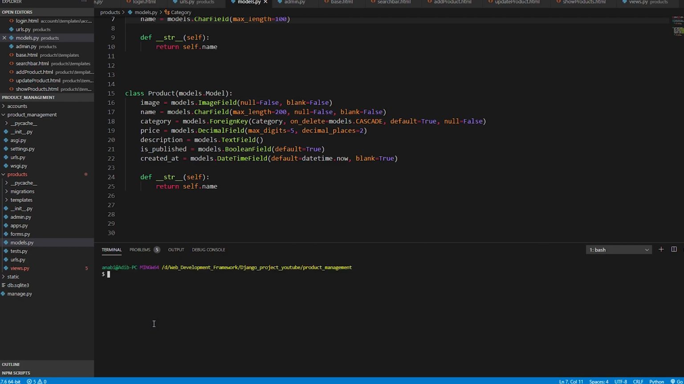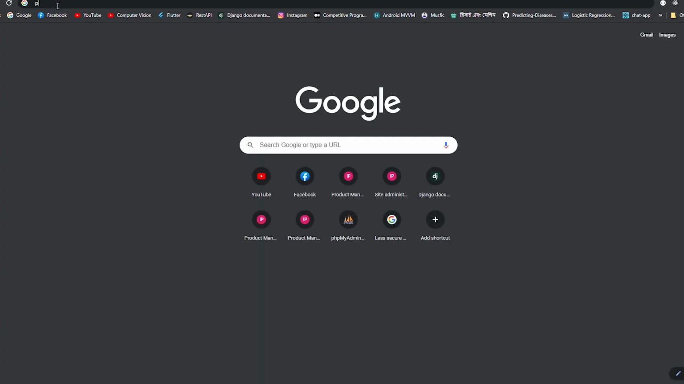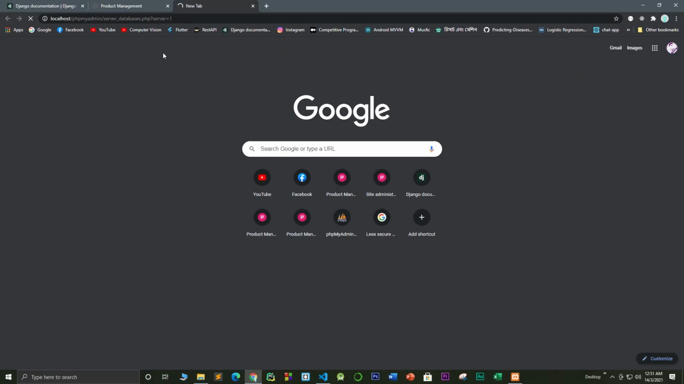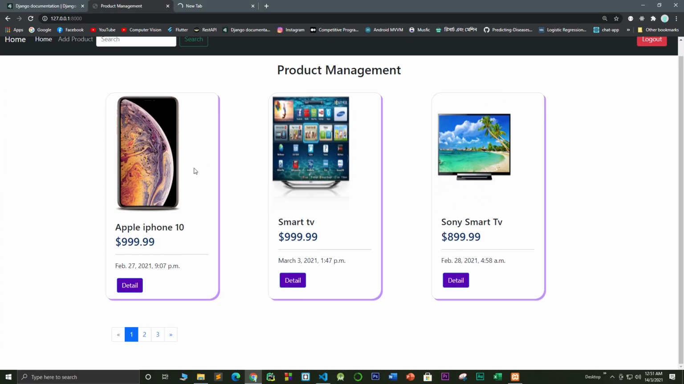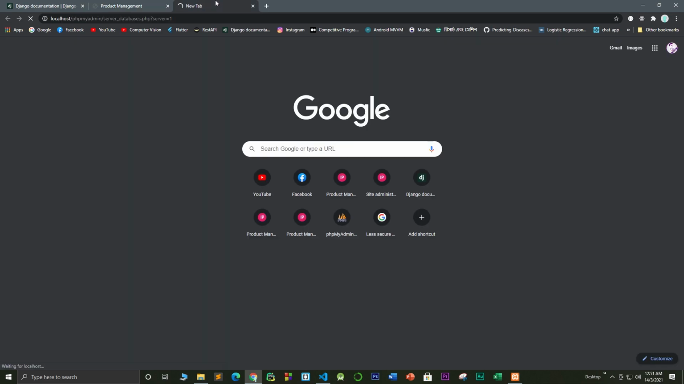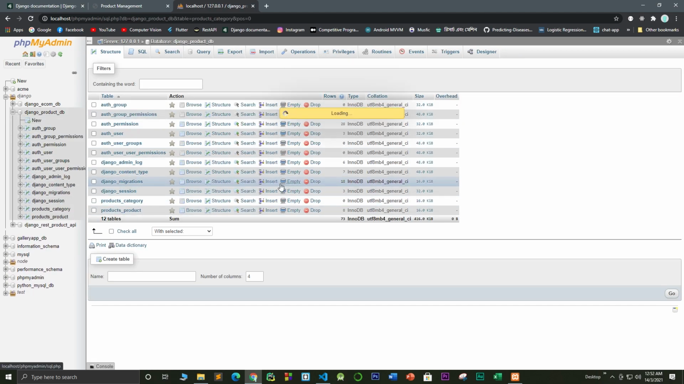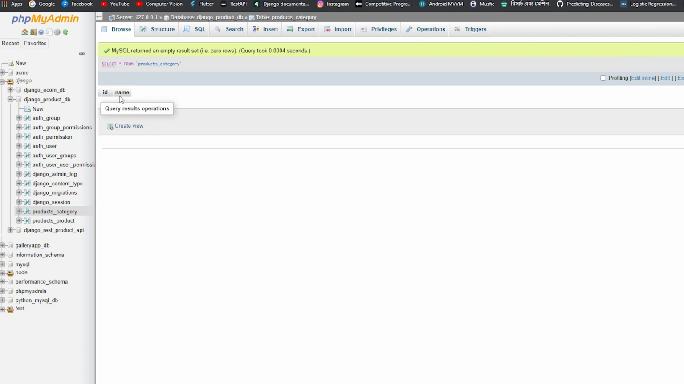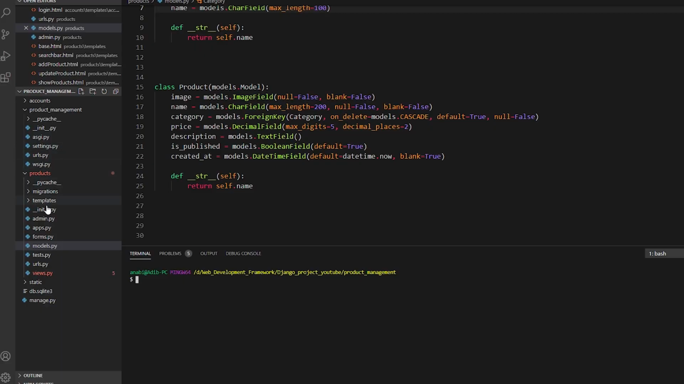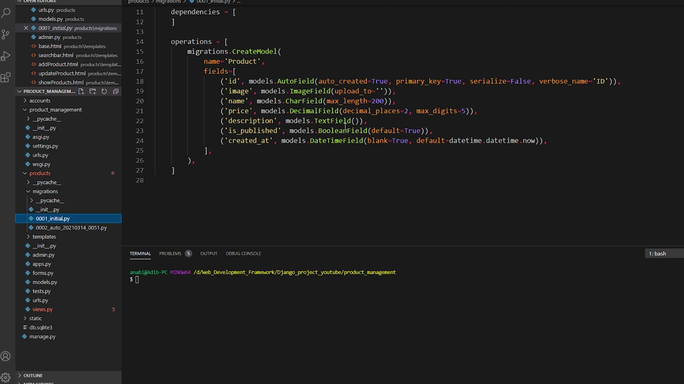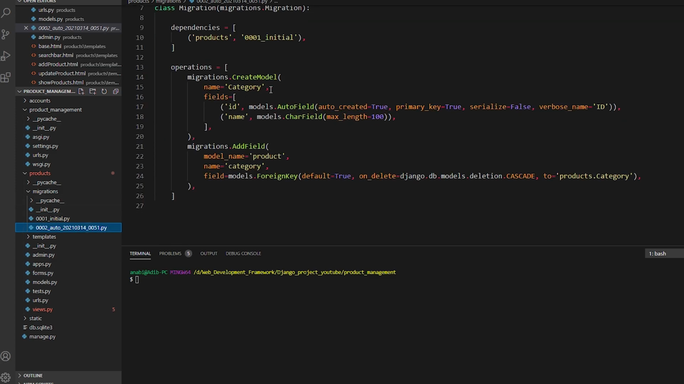As you can see, it is done. So we need to go to phpMyAdmin. This is our main dashboard, and then in the product management, Django product db, we have a products category. As you can see, it has a name, and by default it also added an id, which is coming from this migration file. We have this init.py, and the second one, we have a category named